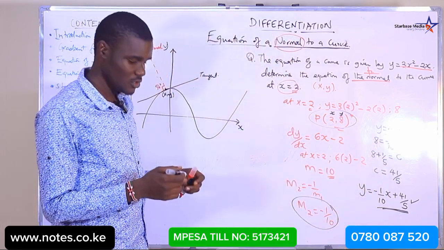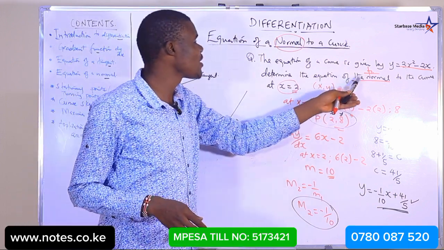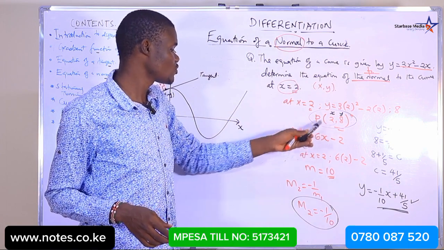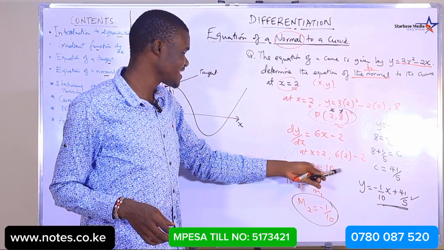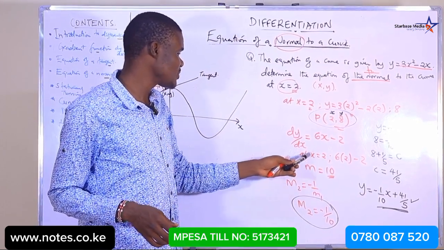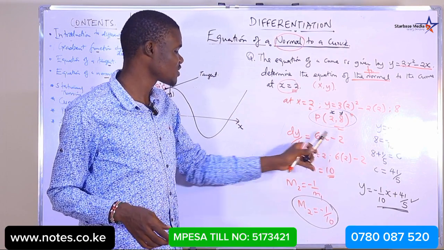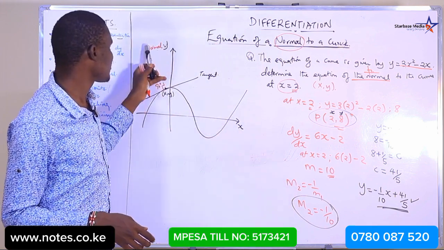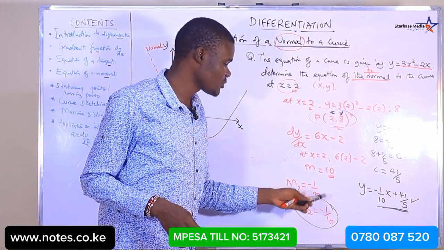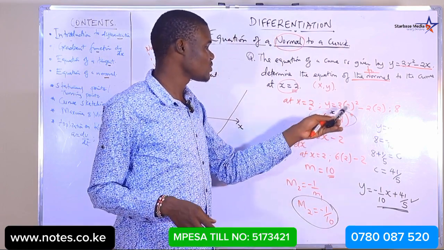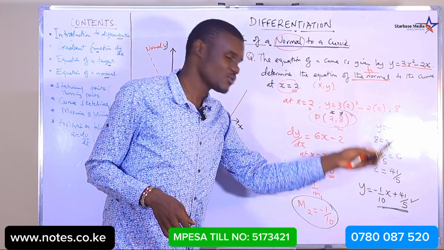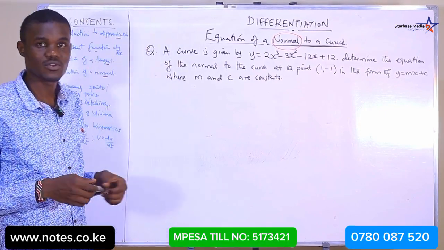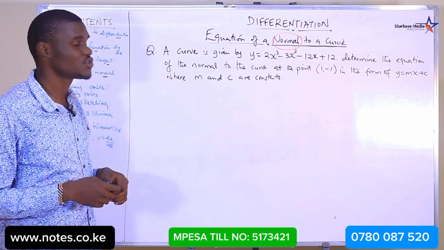So what you always remember is that the normal is perpendicular to the tangent at this point. So for you to get the equation of the normal, after you get the m1, which you get by replacing the value of x in the gradient function, you are going to say that for me to get the gradient of this normal, you get the negative reciprocal of m1. Then you replace with the point you are given and you form your equation. Correct? Now let us look at another example so that you better understand how to get the equation of normals